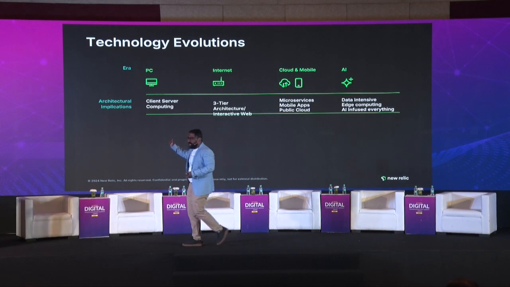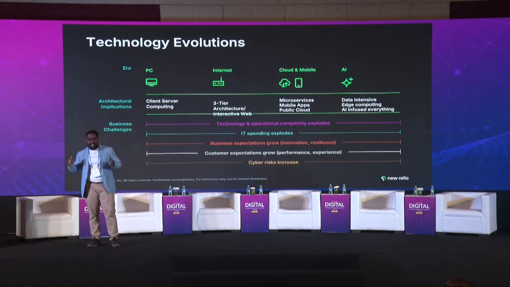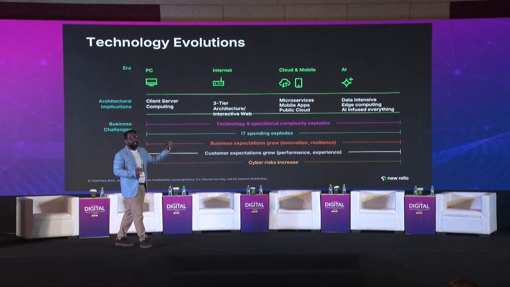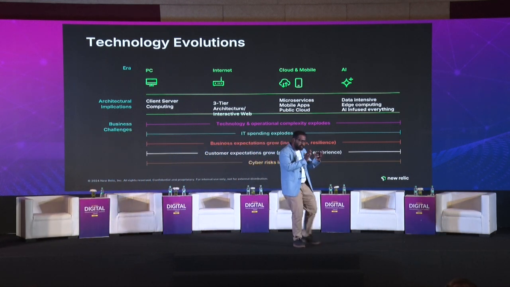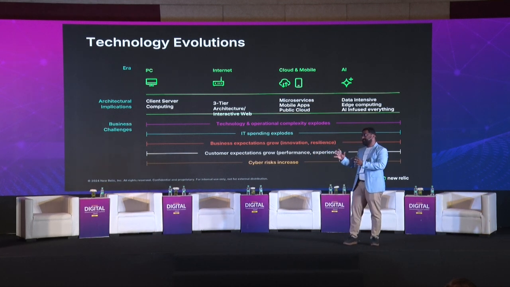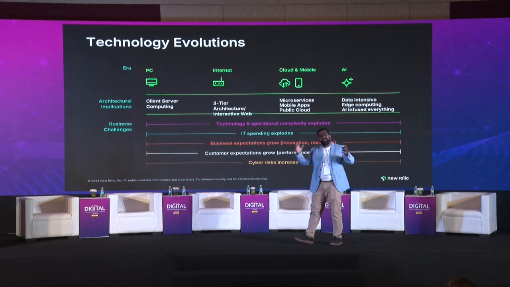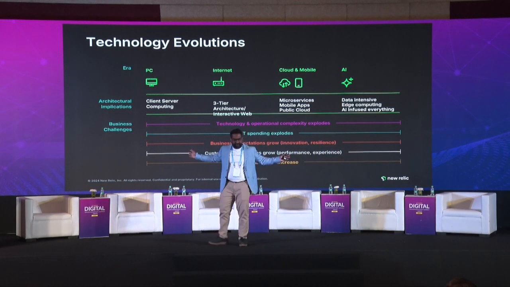So why do you think I'm talking about this? Because our challenges around businesses also changed within these eras, right? First we started with PC, it was very simple. We knew what to monitor. A lot of point solutions started functioning in that era. Then we moved to a 3-tier architecture, it became a little complicated. The third era is when everything went out of hand, right?